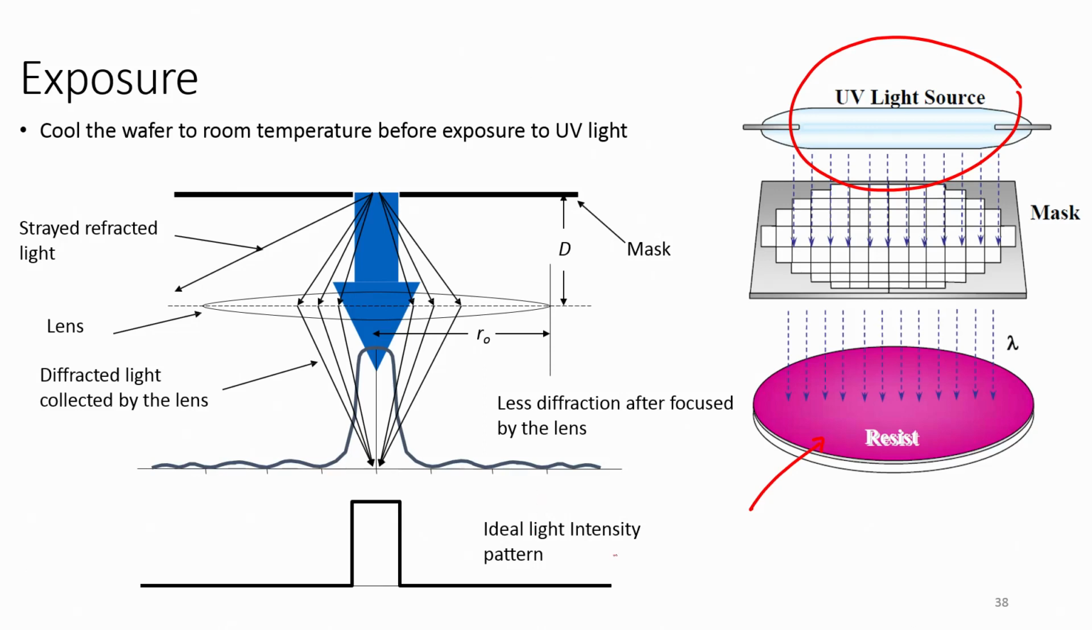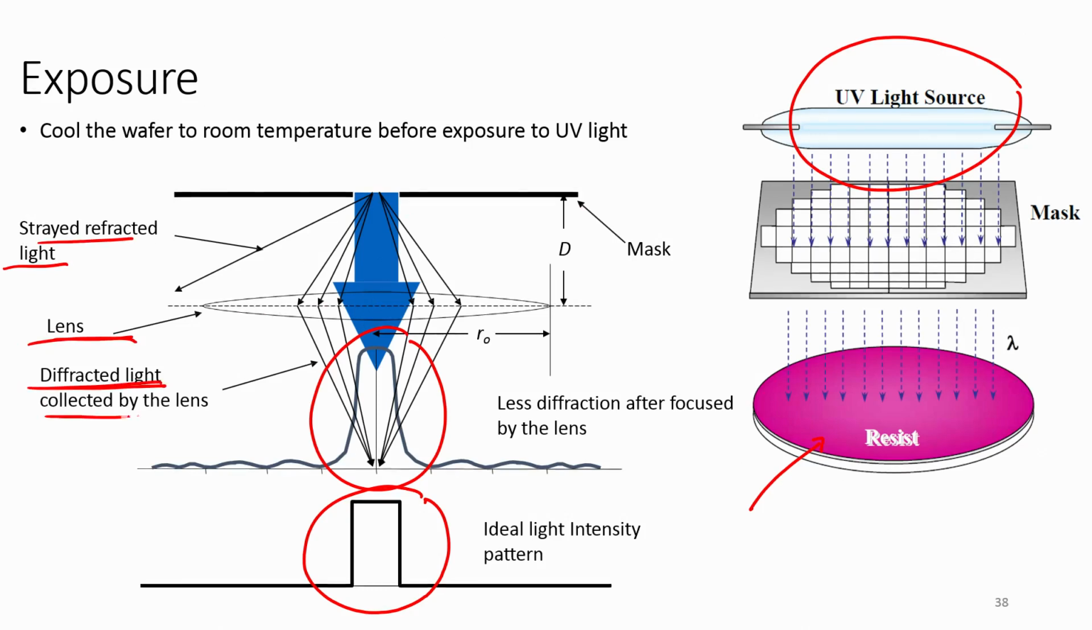The ideal intensity pattern should be like this. However, the UV intensity on the wafer is somewhere like this. How does it happen? This is a mask. When the UV light passes through the mask, there is a straight refracted light. There is a lens here, and through the lens the light is diffracted and collected by the lens, which focuses it